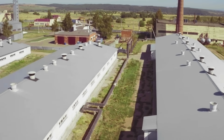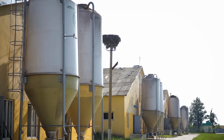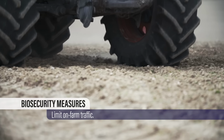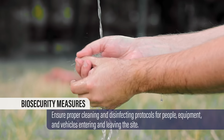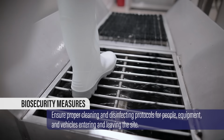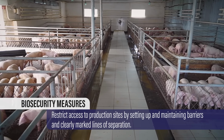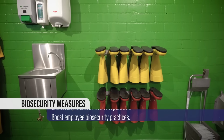Pork producers and pig farmers need to hear from veterinarians about what biosecurity measures need to be in place to prevent African swine fever. Work with them to develop or update their site-specific biosecurity plan and help them instill best practices that limit on-farm traffic, ensure proper cleaning and disinfecting protocols for people, equipment, and vehicles entering and leaving the site, restrict access to production sites by setting up and maintaining barriers and clearly marked lines of separation, boost employee